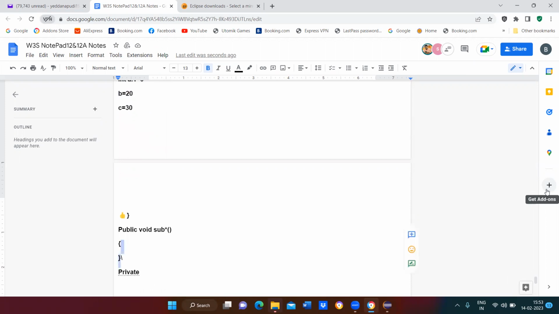This is called private. So if your variables are declared inside the method, they can be accessible only to that method and cannot be used by the remaining methods. That is called private.